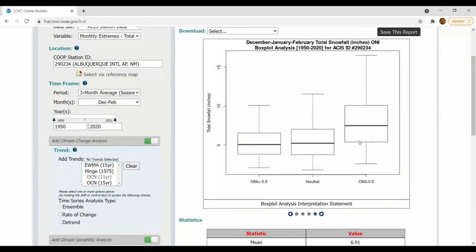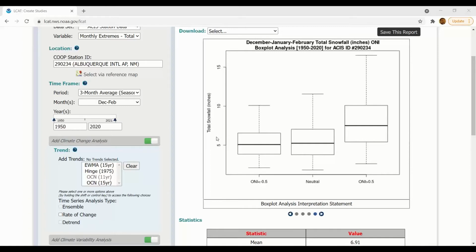Perfect. Okay. So you look at the box plot, you see during El Nino, there's a clear shift from the other two. And so that's kind of interesting. Typically, non-linear signals like this make us a little uncomfortable. But there's 71 years of data. There's probably something real here. And so you can kind of rule out those as being,